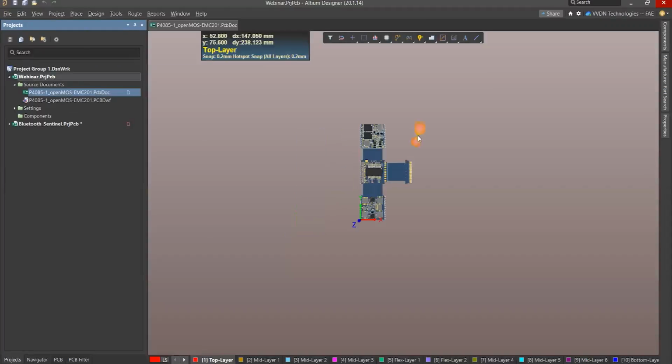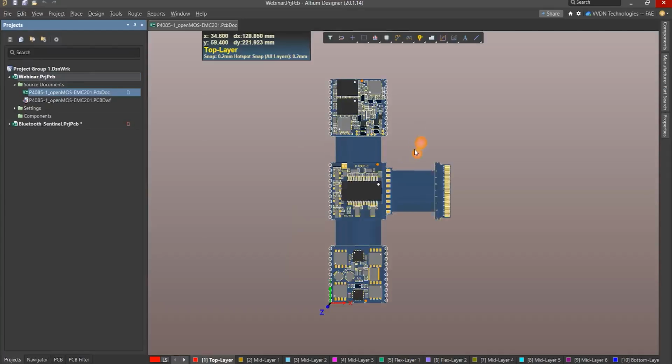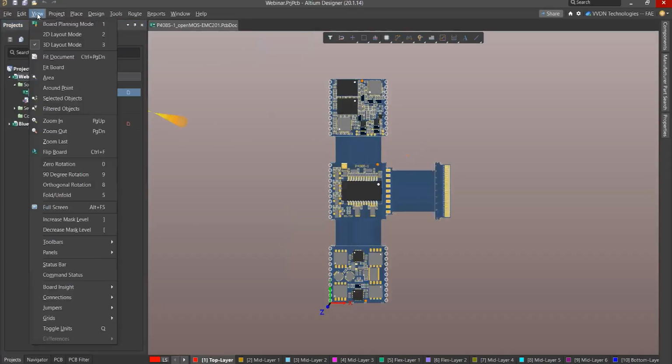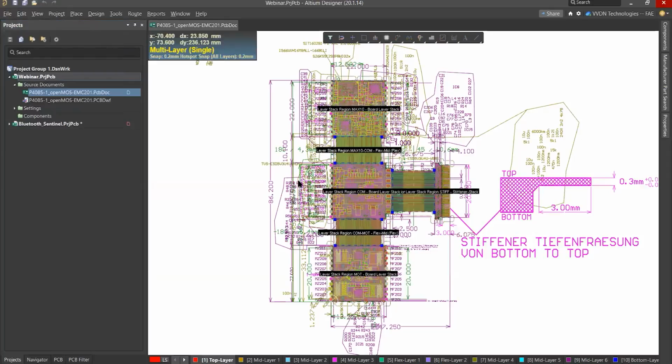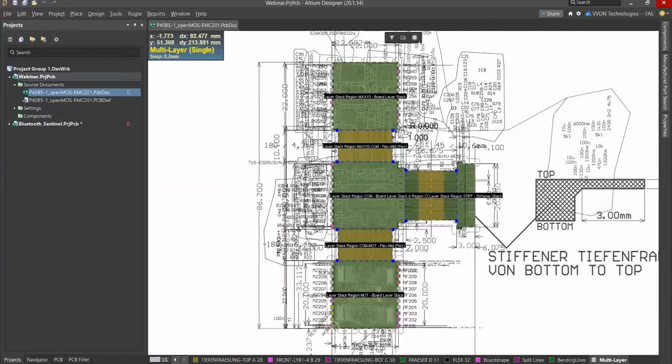So this is the 3D view, and we can move to the board plan view first. So under the main menu, the View option is there. From there you can go to board planning mode. Its shortcut is 1. You can select this and move to board planning mode view, and here you can see we have defined